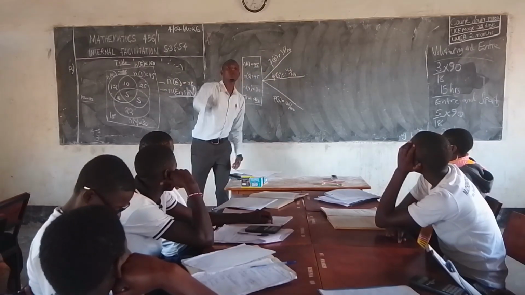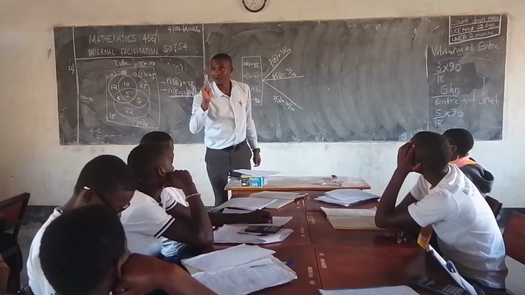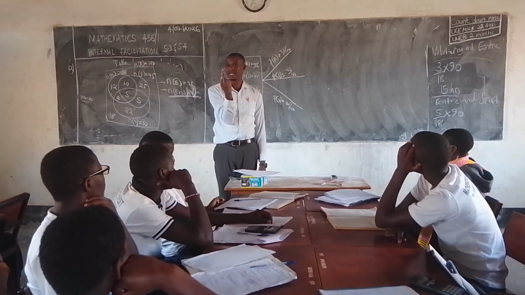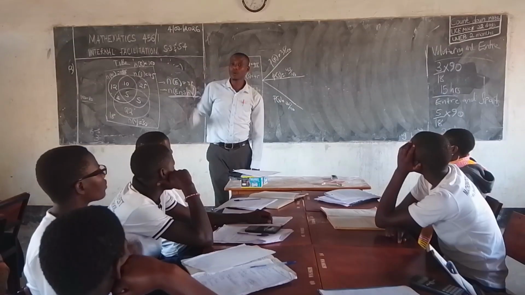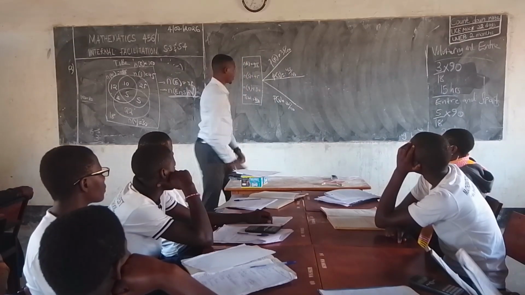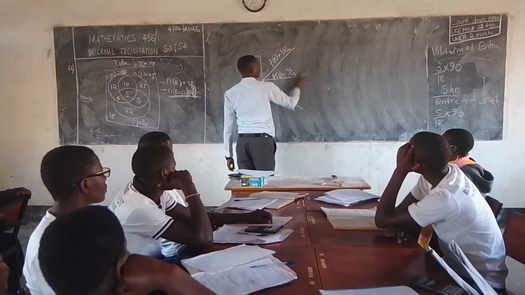But the first picking will only give you one person, like this. But they want how many? 3. What does it mean? I have to pick how many times? 3 times. So if I'm to pick 3 times, it means that I have to